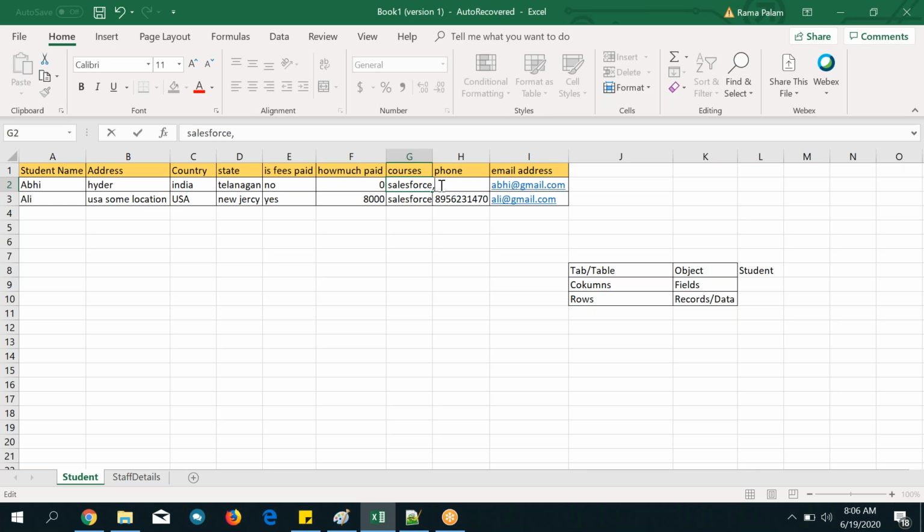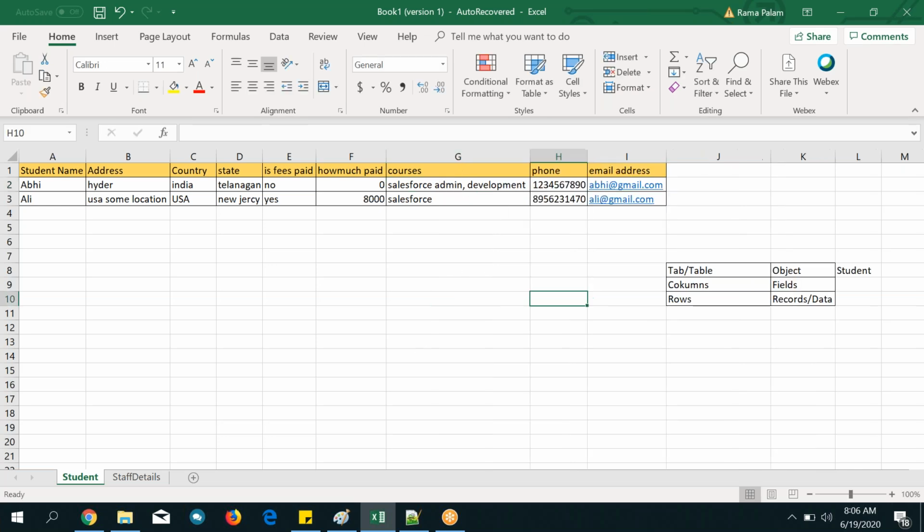Say some people join for Salesforce admin, some people join for Salesforce admin and development also. Like that, SFDC admin and development. Some people join this training for Salesforce and communication languages also, for example spoken English.